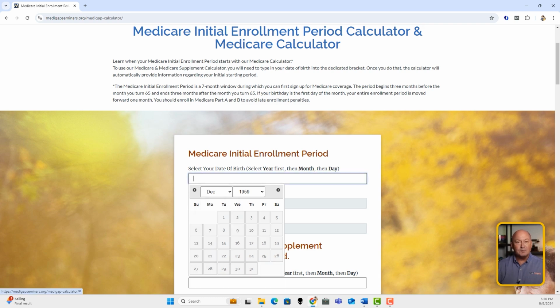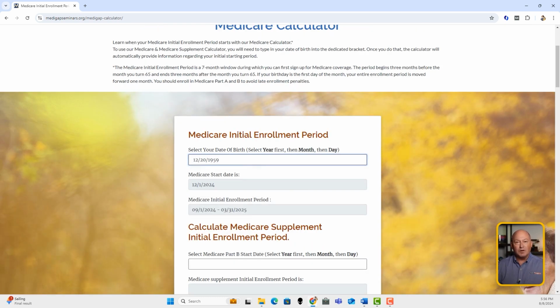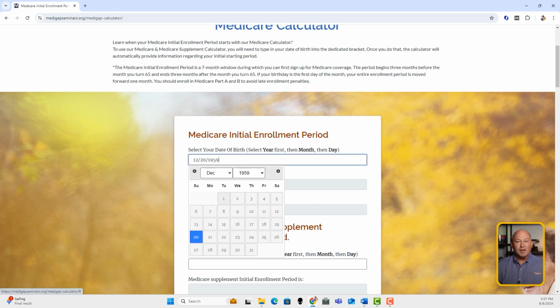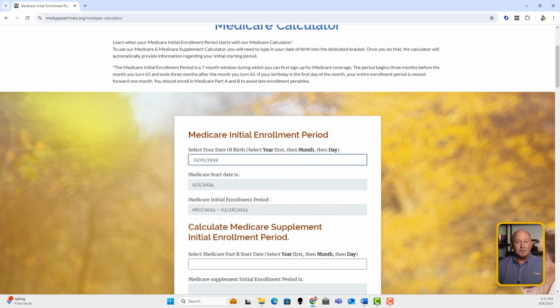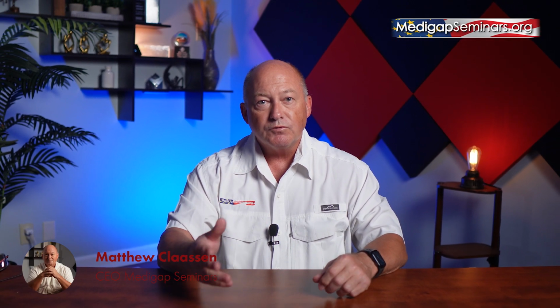This shows your Medicare can start no earlier than December 1st. And as this illustrates, you can apply for your Medicare or enroll starting September 1, 2024, and no later than March 31, 2025, without a penalty. Now, if we change the date of birth to the first day of the month, the entire enrollment period moves forward by 1 month. The second term that is very important for you to be very familiar with is creditable